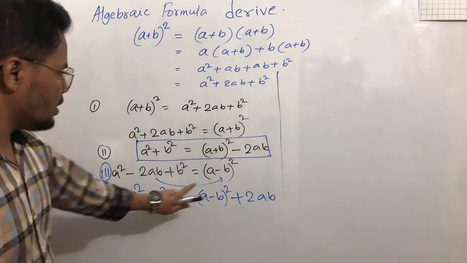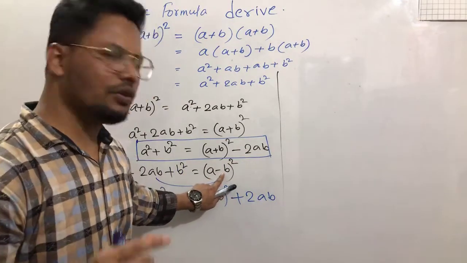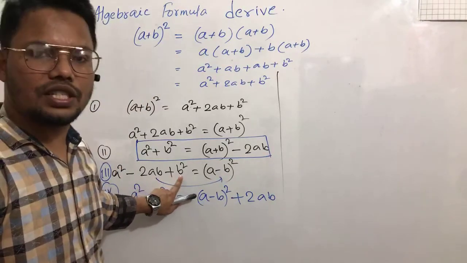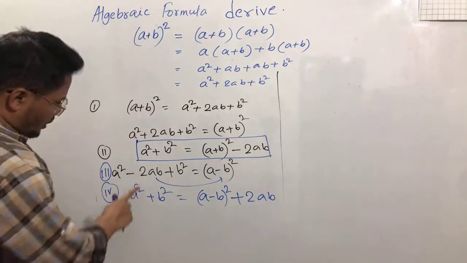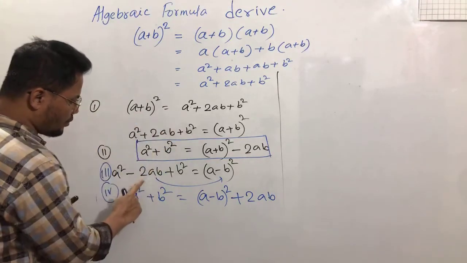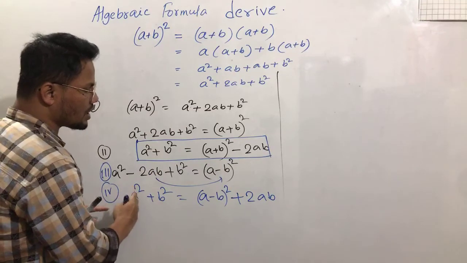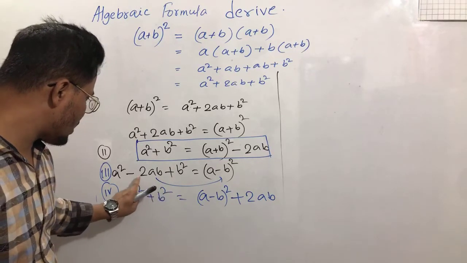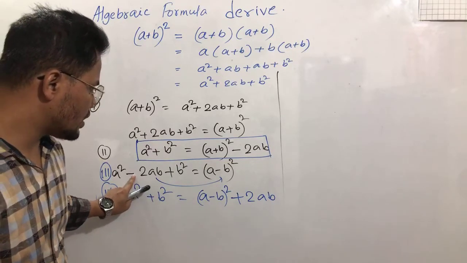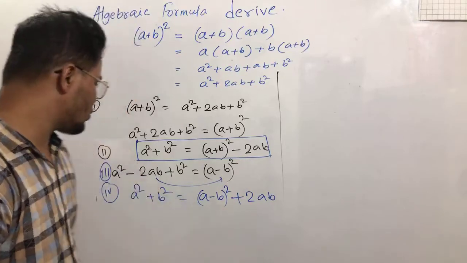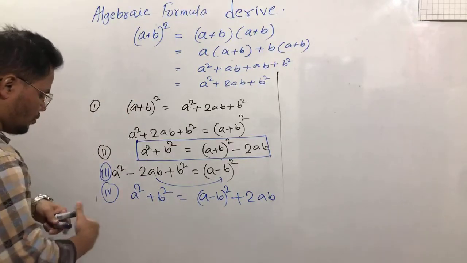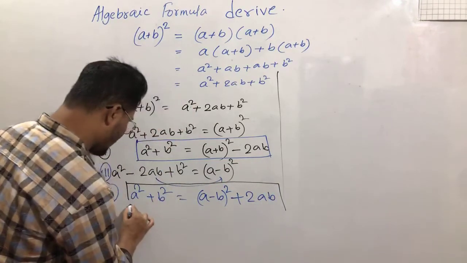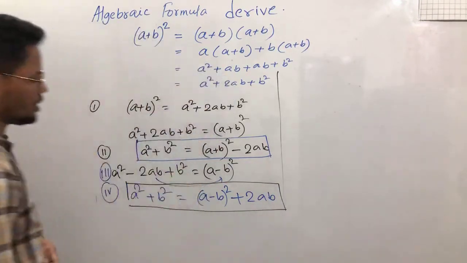So similarly, if we multiply A minus B with another A minus B, the result is A square minus twice AB plus B square. Now if you change it, as with the previous one, minus twice AB from left side to right side, this one will be A square plus B square. This minus twice AB changes from left side to right side, and this one will be plus twice AB. This is another formula. Basically you have to memorize this formula in doing the algebraic expression.